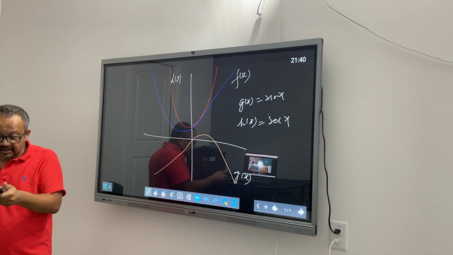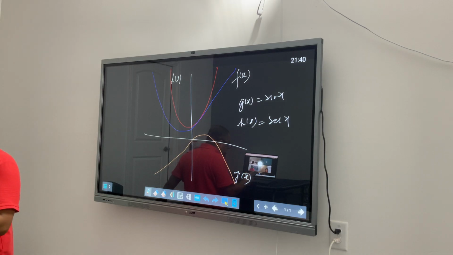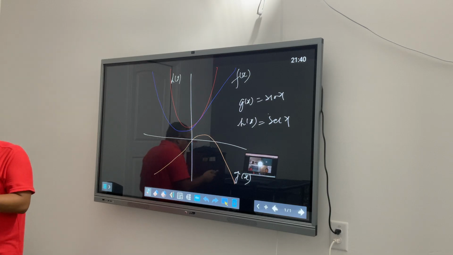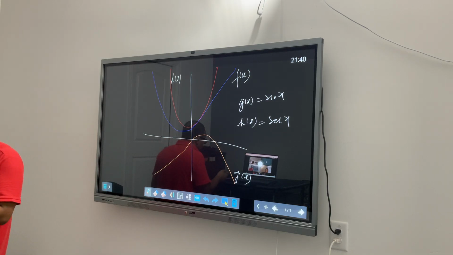The question is, did Brenda use the right technique to find the limit for f of x? And if she did, choose from the three options. First is, yes, Brenda's suggestion seems to be correct. Second option is, no, Brenda's suggestion is incorrect because it is not true that one function is always below function f and one function is always above it for x values near 0. And third one is, no, Brenda's suggestion is incorrect because it is not true that the limits of g and h are both equal to 1. So which option are you guys leaning towards?